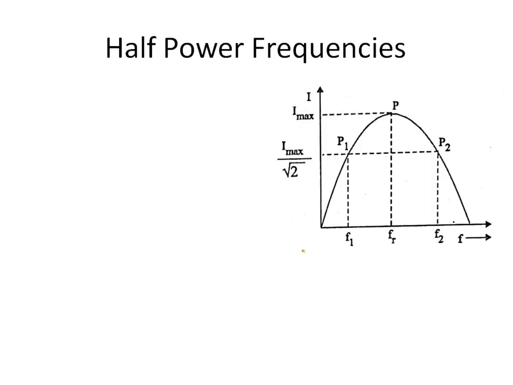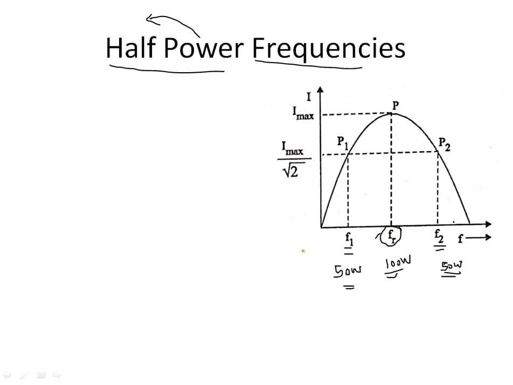Now what are half power frequencies? From the title itself, we should understand that at these frequencies the power available will be exactly half of that at Fr. Suppose 100 watts of power occurs at the resonant frequency, then the lower cutoff frequency as well as the upper cutoff frequency will have exactly 50 watts of power. Hence they are named half power frequencies. Half power frequencies are the frequencies which give exactly half of the maximum power. Maximum power is available only at Fr.